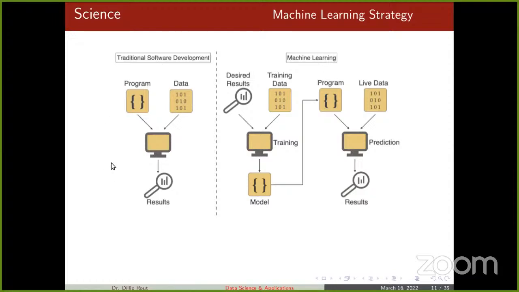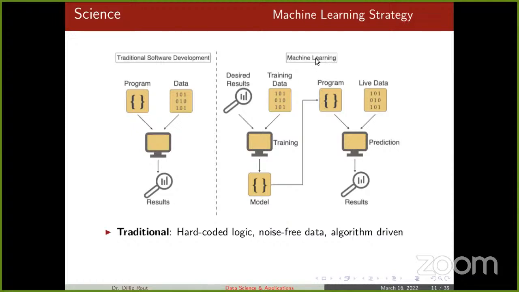We always know what traditional software development or software programming is. We have to write a program, the data is there, maybe we have to operate on something on the data, then we feed it to the computer. There, in the computer, the program as well as the data go in, then the results will come. This is the general style of how you do it. The traditional one is hard coded logic. We have to write all the programs from beginning to end. Noisy data cannot be handled. It is algorithm driven, more like a deterministic kind of thing.